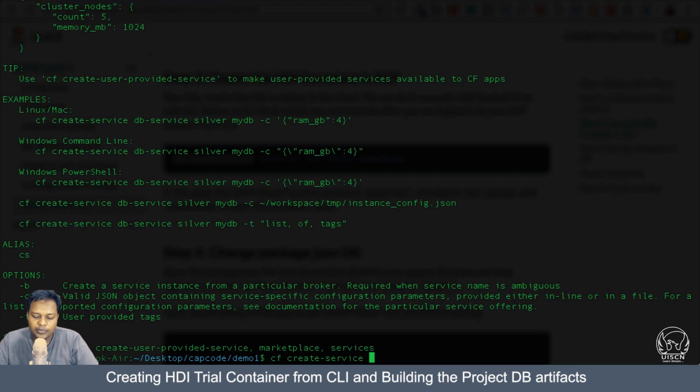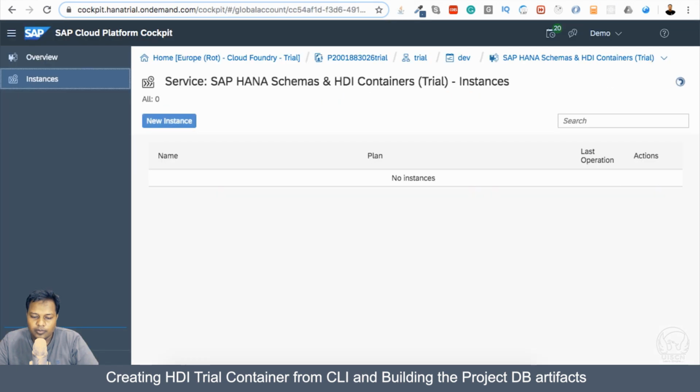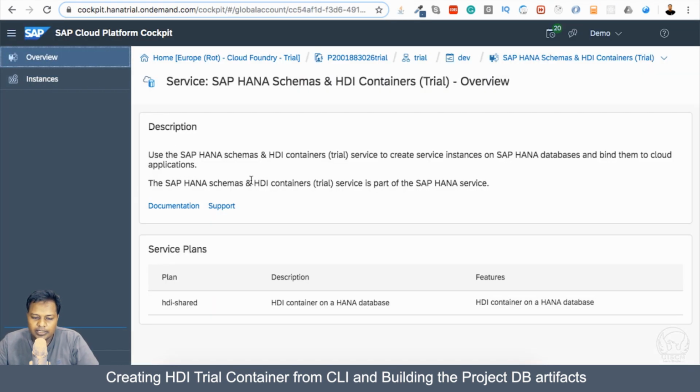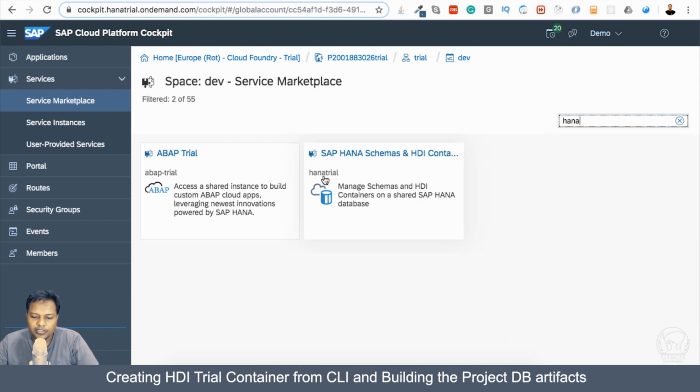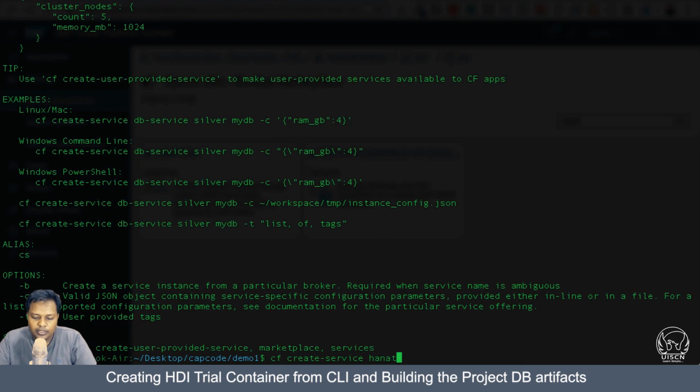The service name is HANA, and I can also check it by going here. So if I go to the overview part here, then this is the plan here. The service name is something which we saw in the service marketplace. So if I go back to the dev here, then in the service marketplace, just search HANA here in the gray color. This is the service HANA trial. So HANA trial,